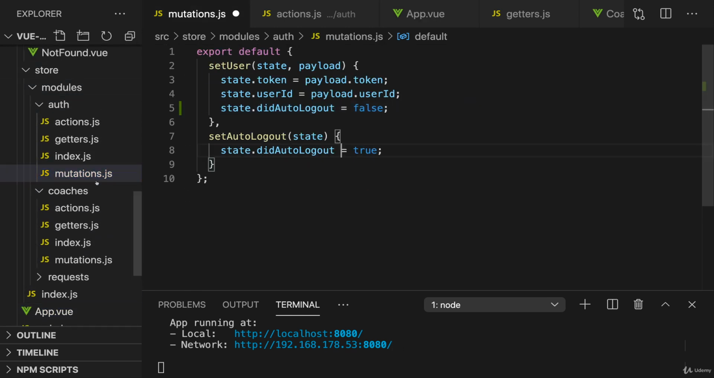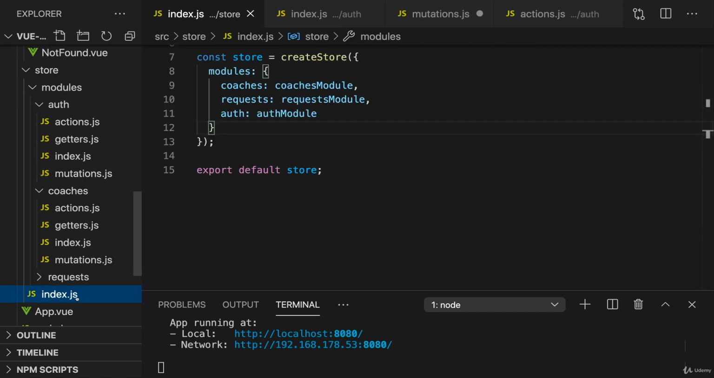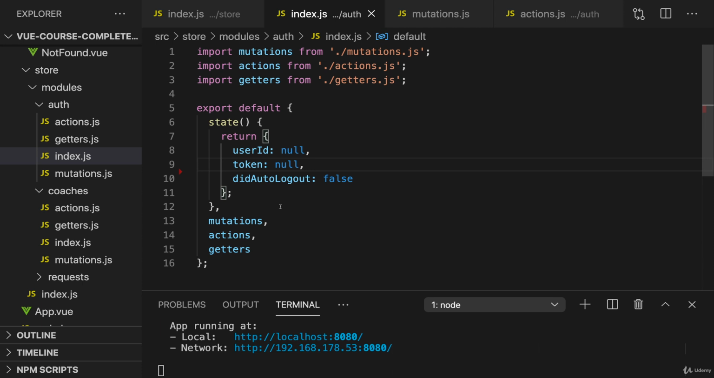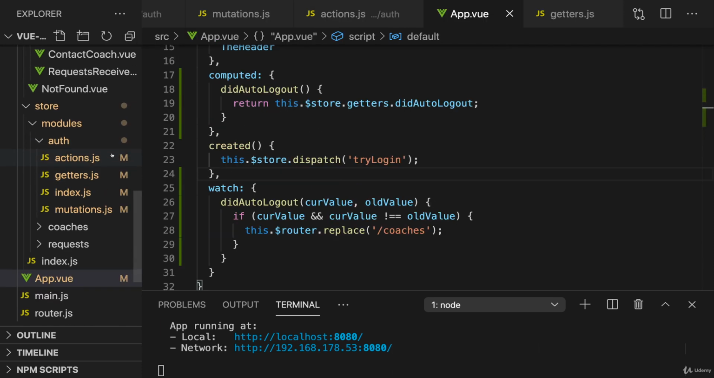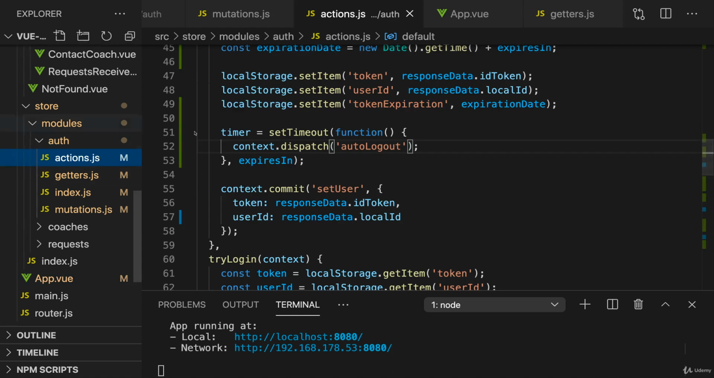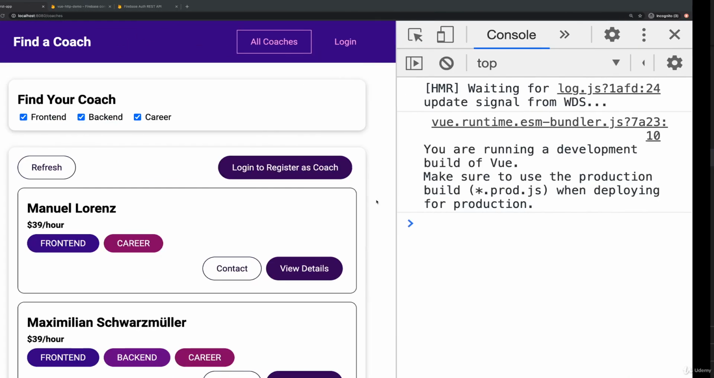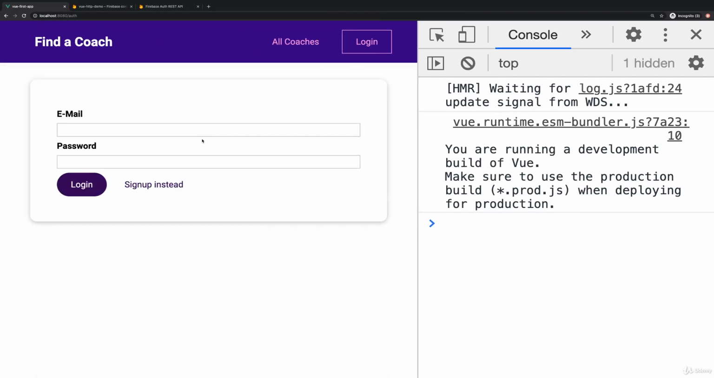I also noticed that, of course, now here in index.js of the auth module, we can get rid of the token expiration here because we're not really using it in our Vuex state, but that's just a side note. With that, we get the auto logout functionality added, and therefore in the auth actions, I want to switch back that expires in time to the real time, which is of course longer than 5 seconds. So that now if we log in,